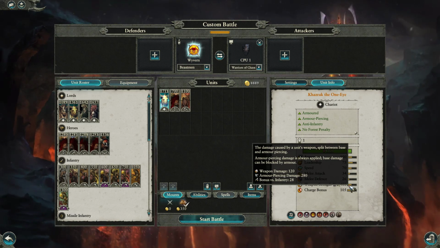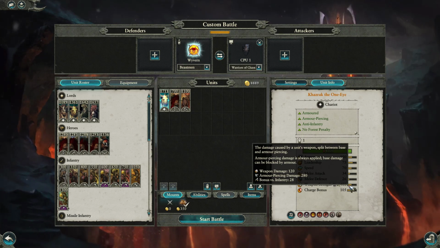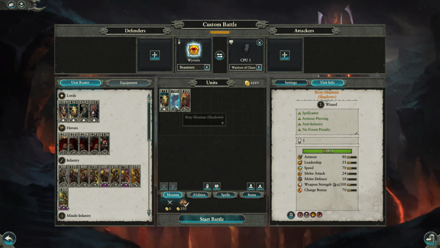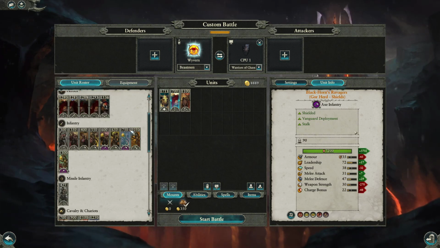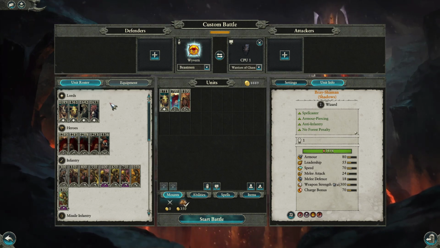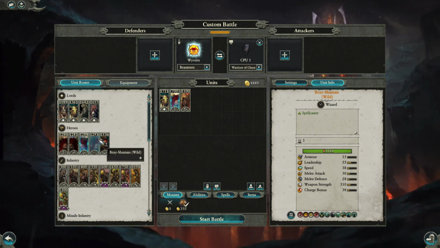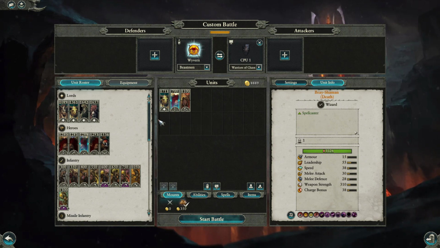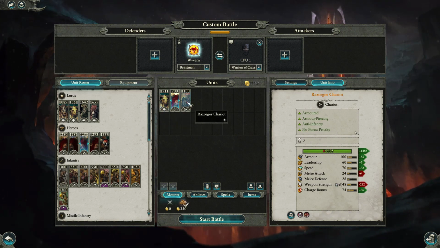It makes him brutal against even relatively elite infantry. And this is why, in short, if you're looking to bring chariot units, if you have the space, assuming you're not scrounging for space in your army, if you bring several heroes, this might not be possible. But assuming you're not scrounging, you should bring a heroic chariot, in my opinion, over a normal unit chariot, because